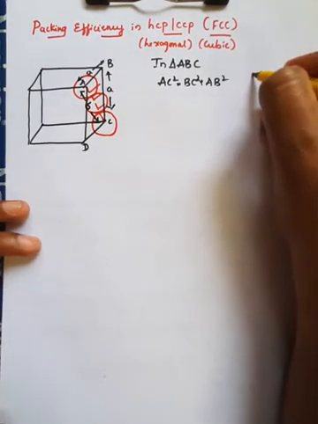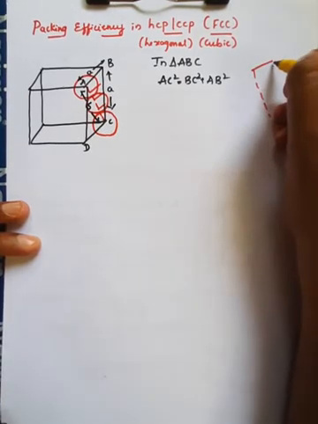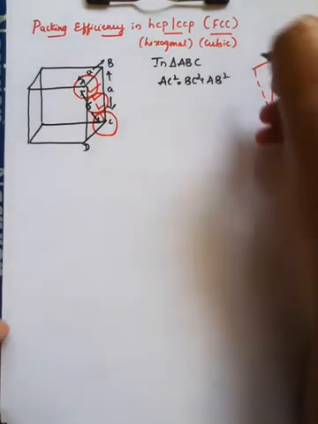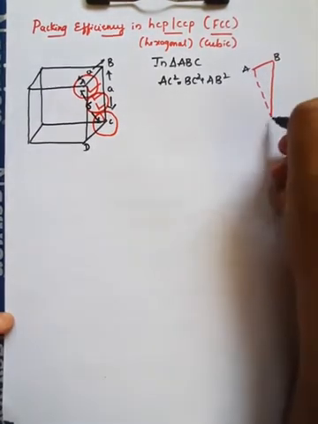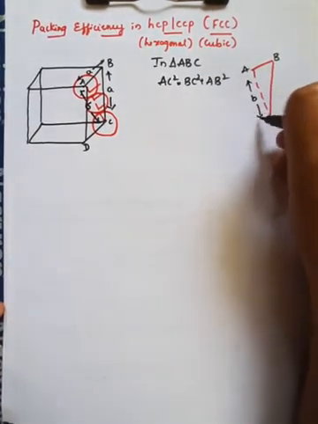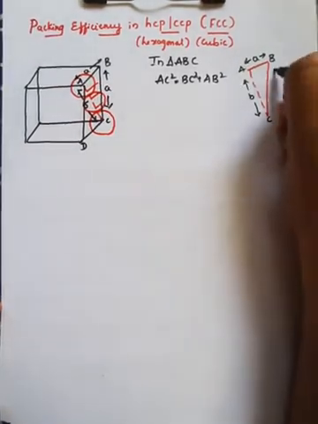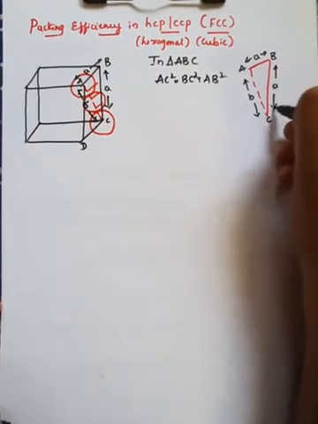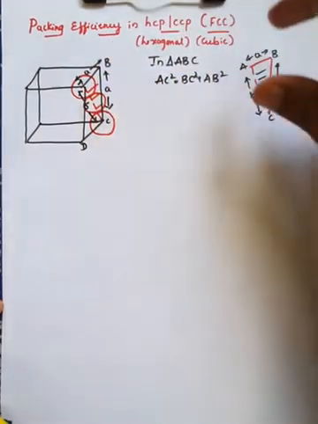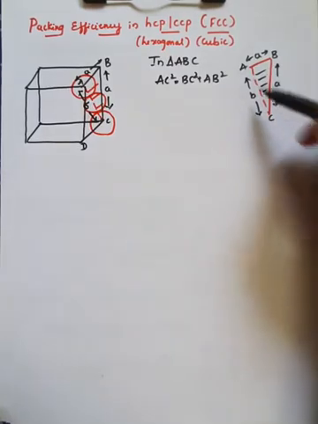If you get confused, I will draw this triangle separately. I have taken this triangle: one vertex is A, another is B, and this one is C. This edge length is taken as B, that is the diagonal edge length, and these two edge lengths are taken as A. We are talking about this triangle, the same piece which is present in this cube, which I have taken outside. So here the AB length is A, BC length is A, and AC length is B.